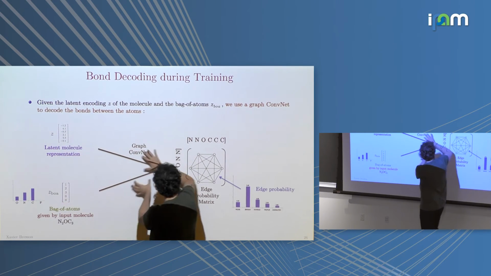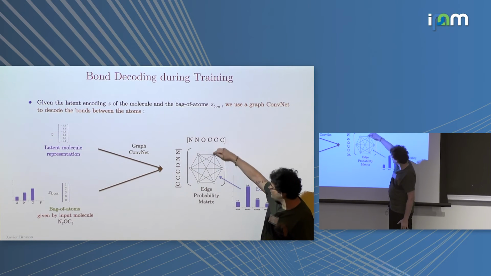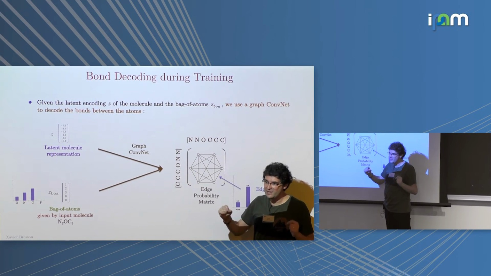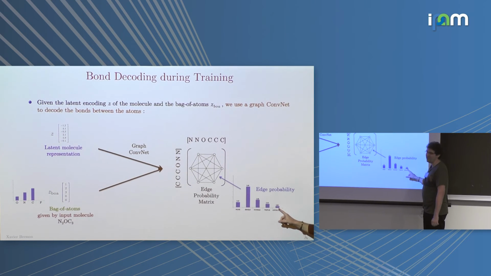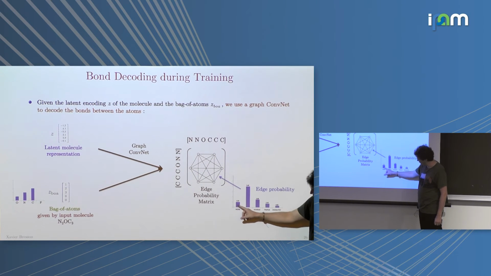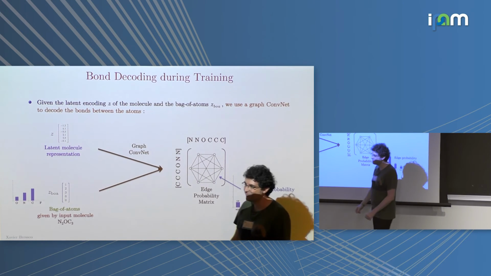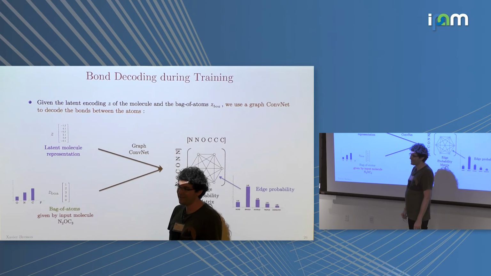And then we use that to compute the edge probability matrix. So yes, it's a dense graph. It's a fully connected graph, and for each connection, you have a probability that this is no connection, or maybe you have this connection. So, could it be a problem that this is not unique, that going from left to right, there might be multiple solutions? Yes, usually you have multiple solutions.